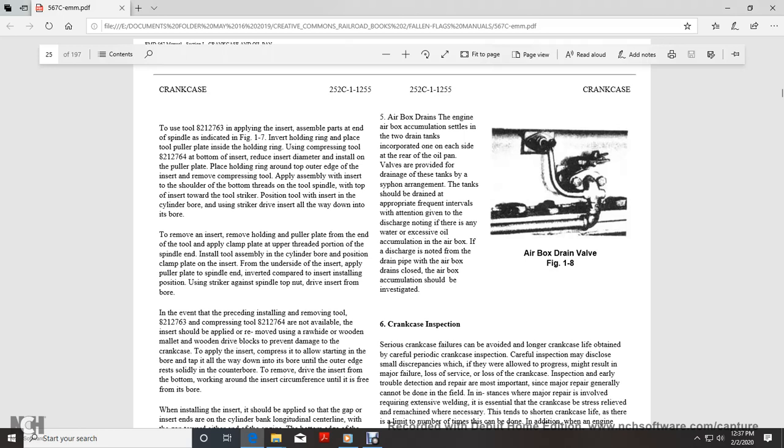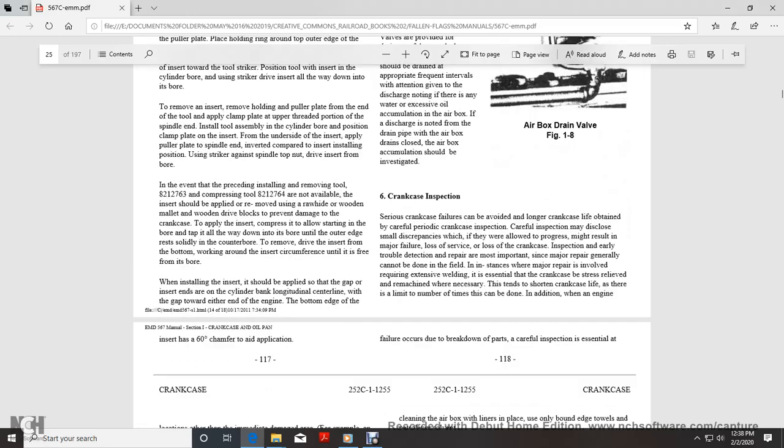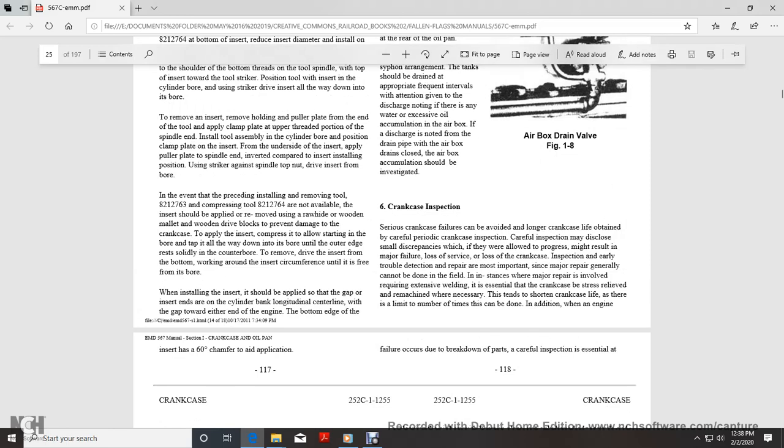In the cylinder bore, position the clamp with the plate insert from the upper underside, with the puller plate at the spindle end, inverted. In the installing position, use the striker against the spindle with the top, nudge and drive the insert into the bore. In the event that tool 8212763 and the compressing tool 8212764 are not available, the insert should be applied with the raw head